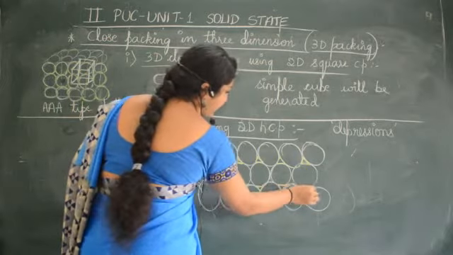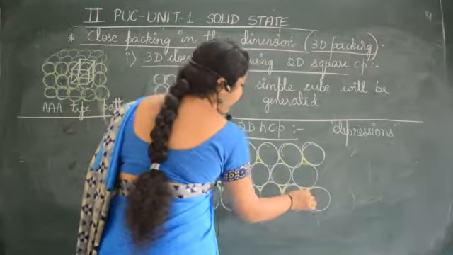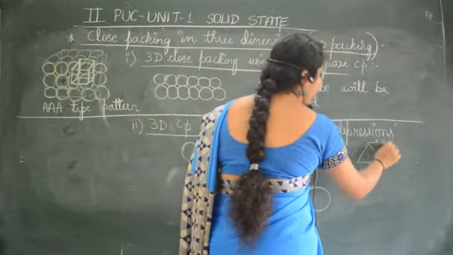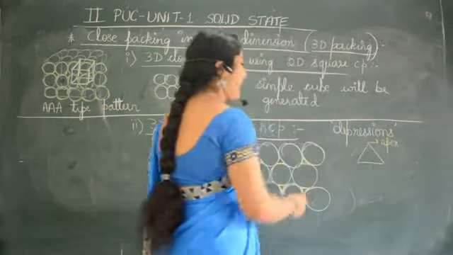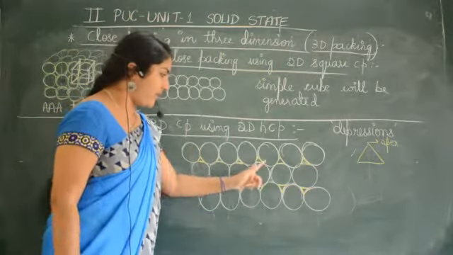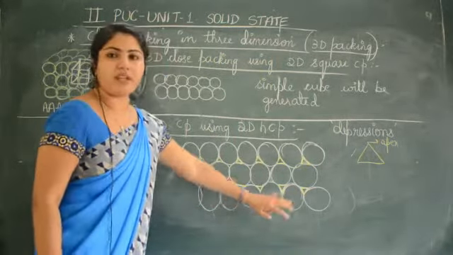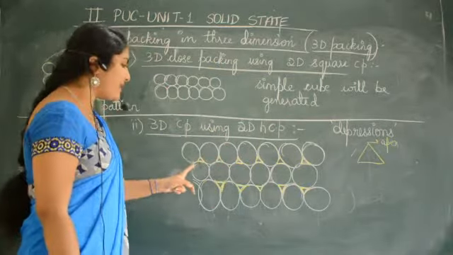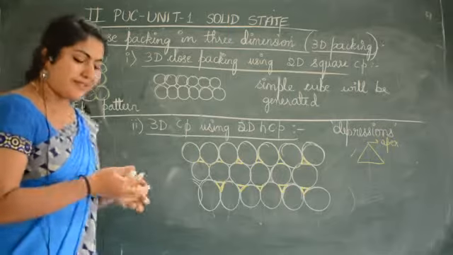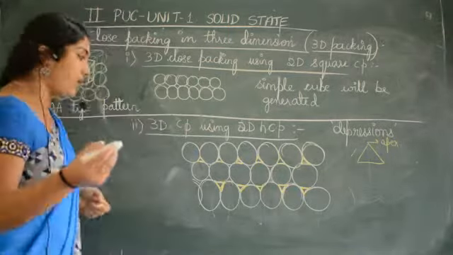Triangle apex. Did you understand? I'm telling this. See, in a triangle, this is called apex. So here the apex is all pointing upwards, and here the apex is pointing downwards. And it is of a triangular shape, isn't it? The empty spaces are also called as voids. What are they called as?